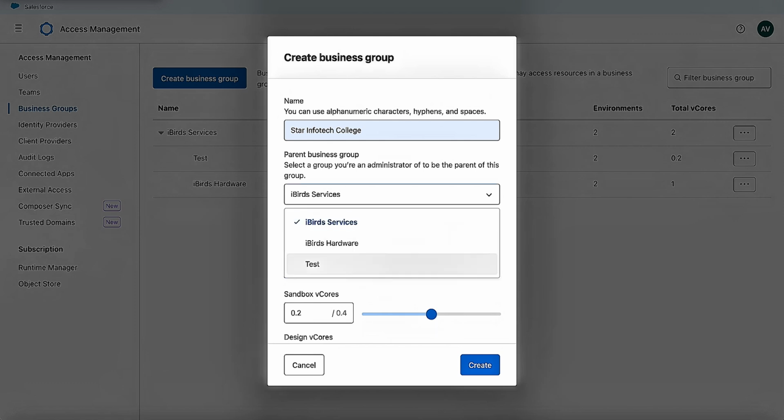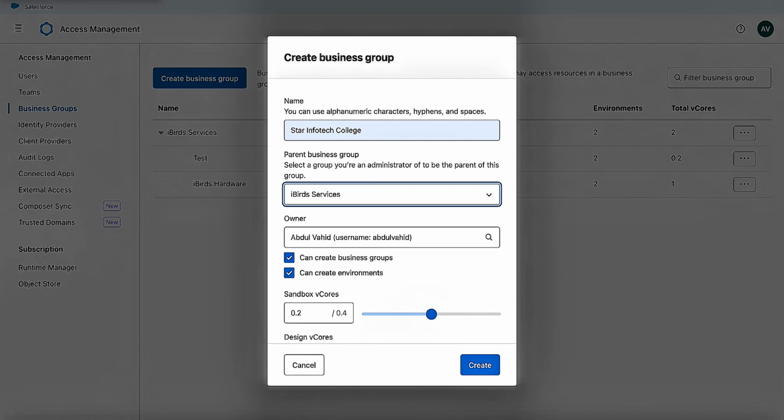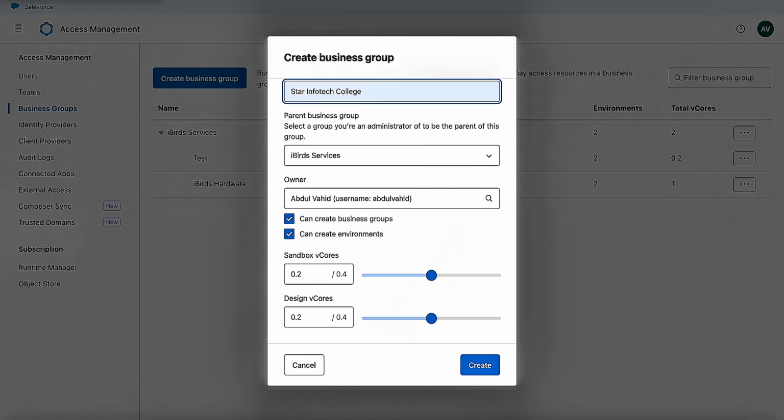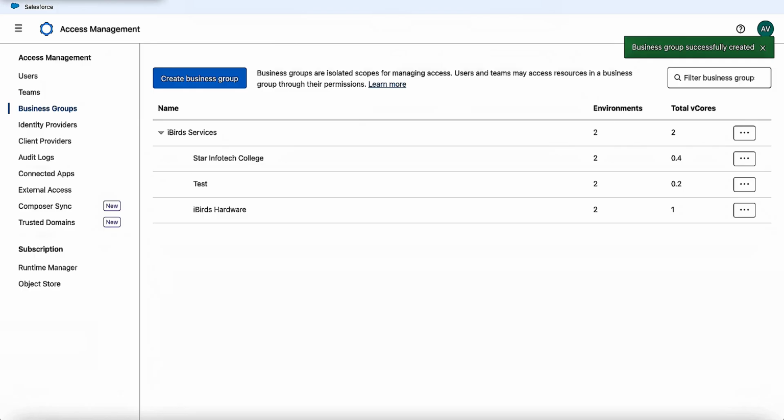So which group are we going to create? Our parent group is this. We are creating a group, and in this group the owner is this. We have to assign the permissions and sandbox records. So let me create this. Okay, so we have created this